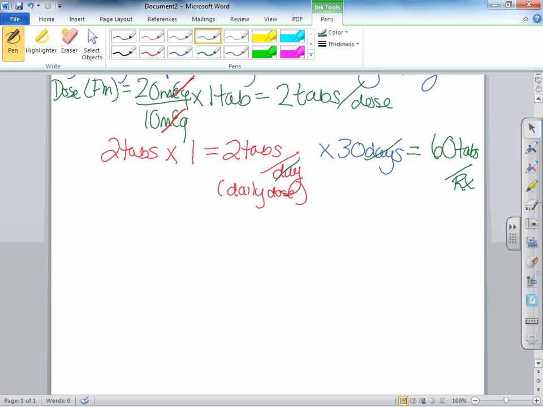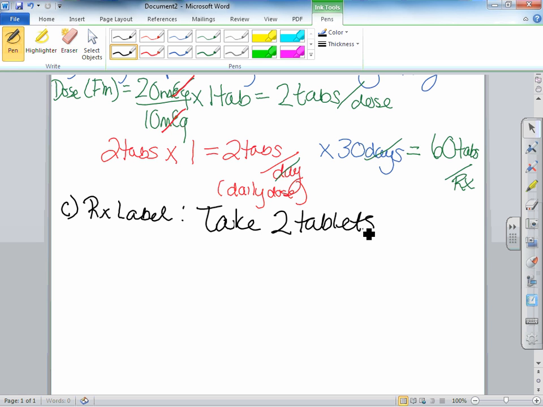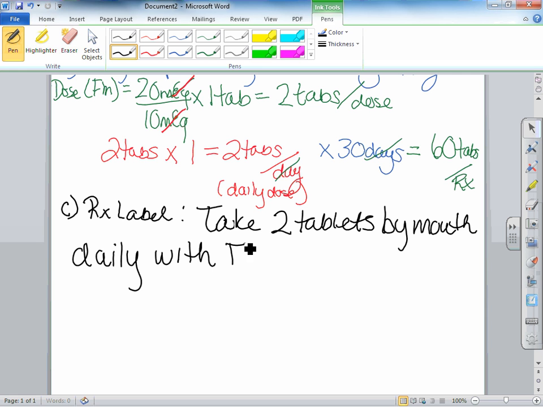All right. So the next step is to provide the prescription label. What will the RX label read? Remember, the RX label is for the patient's understanding, for the patient to understand how to take this medication. So the label will read, take 2 tablets, because that's the dose, by mouth, daily, with furosemide